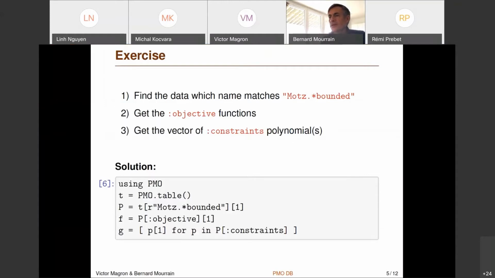So yes, here we get the objective function, which is a pair with a polynomial and constraint, so 1 for sup. Getting the objective function itself is the first entry, which is here, and it's possible to use iterators on these constraints to get the polynomials here.